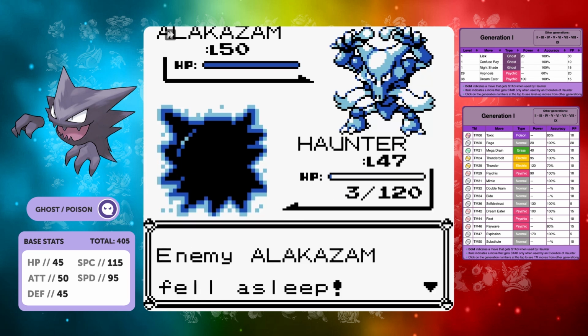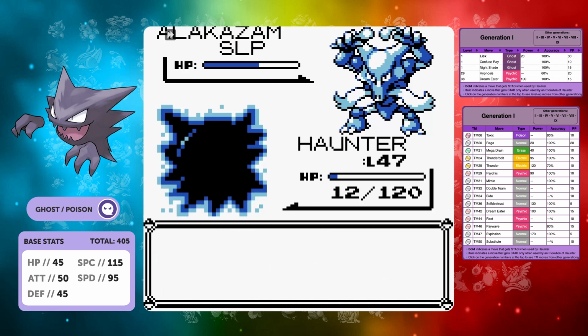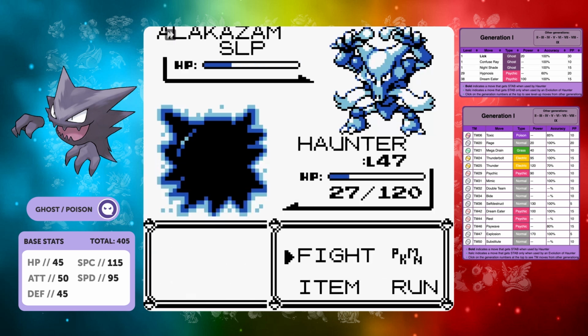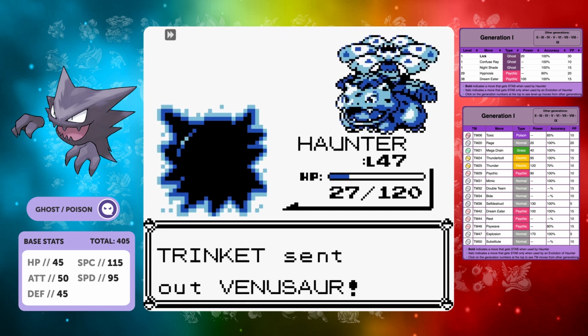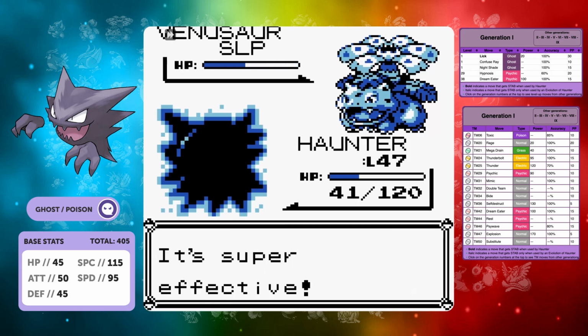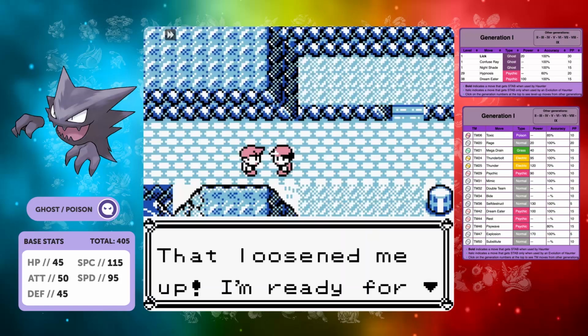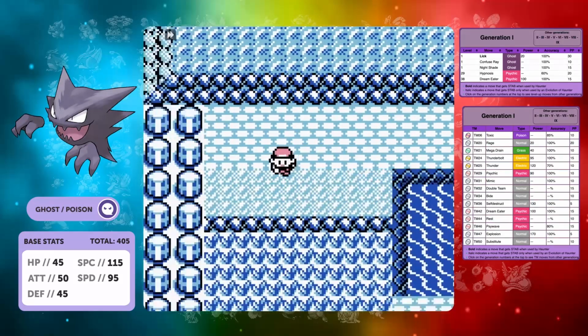Yeah, 3 HP we managed to tank that one. That's really, really close. We managed to keep it asleep all the way to the Venusaur, and then we outspeed the Venusaur, put it to sleep twice, and Dream Eater twice for the win. First time win. That was honestly